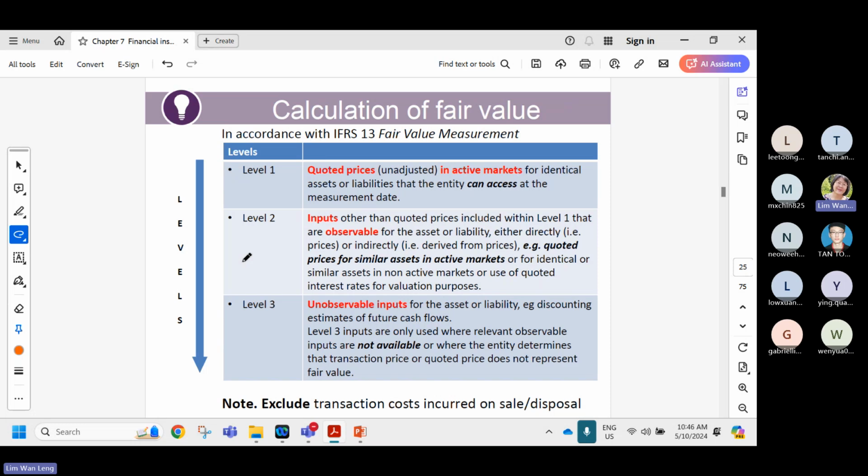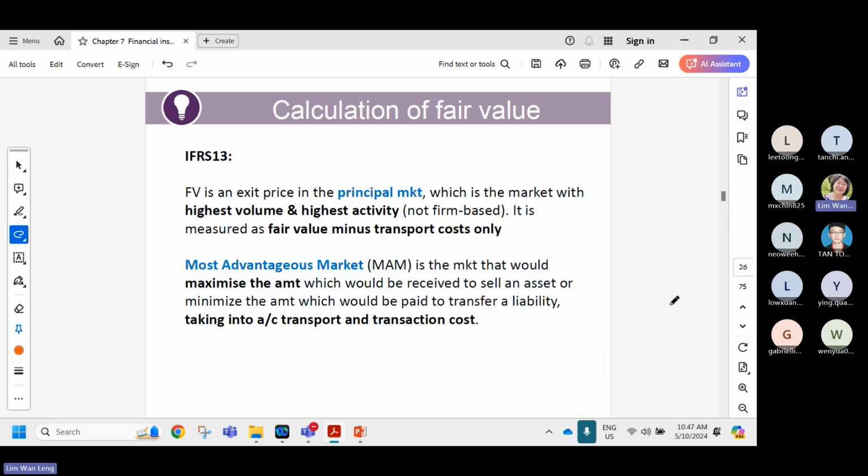This one is your IFRS 13, which is a fair value measurement. You have level 1, level 2, level 3, which I think Ms. Lim has already gone through. So this one, we are not going to look very much about it. But of course, if you have gone through IFRS 13, certain things that you must understand and know by heart